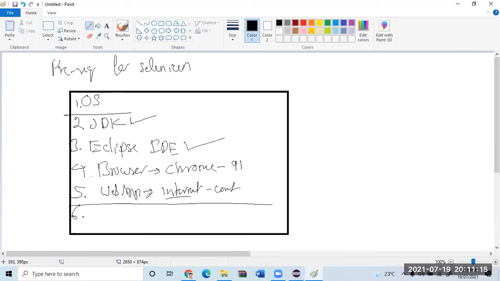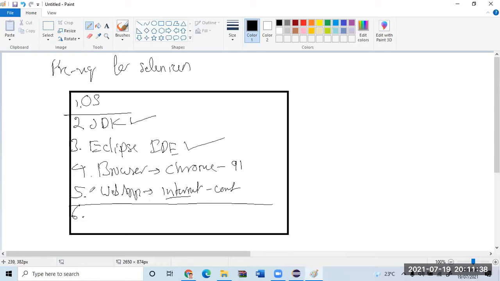Can I use a web application on my own laptop without internet? Yes, you can do that. For that, you have to install the web application, host it and all. Very complicated. Let us not get into that business. Let us use a simple internet connection. Internet is cheap now, right? That's all. Now, I hope all of you have these prerequisites in your laptop right now. Okay. If you face any issues, don't worry. I'm there to solve it.